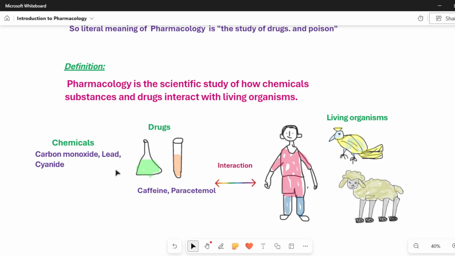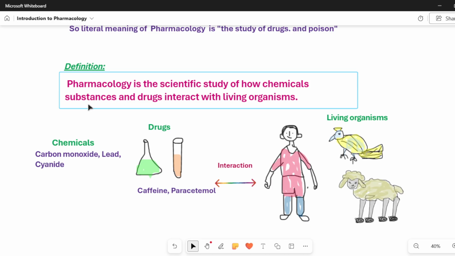Chemical substances can be anything, like lead, cyanide, carbon monoxide, all these are chemicals. And drugs like caffeine, paracetamol, how they affect our biological functions, their interaction, what they do to the living organisms. It can be birds, animals, human beings, anything. How these substances interact with the living organisms is what constitutes pharmacology.